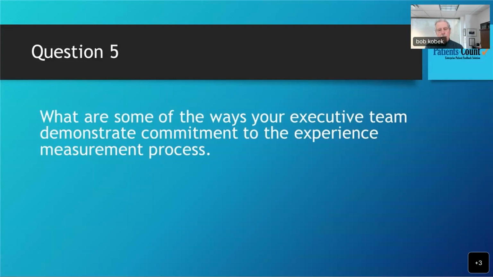In my mind, Bob, they're one and the same. If your metrics are not associated with KPIs, then why are you doing it? That's one way you keep them from being a "so what?" Exactly. And they have to be meaningful. They have to be meaningful, and you have to make them meaningful to all of your stakeholders.